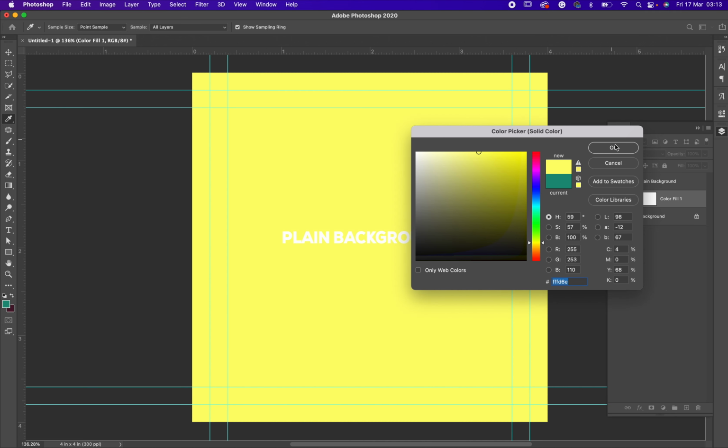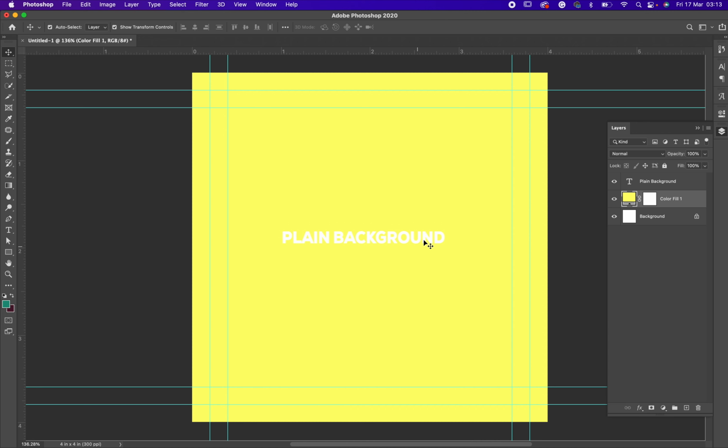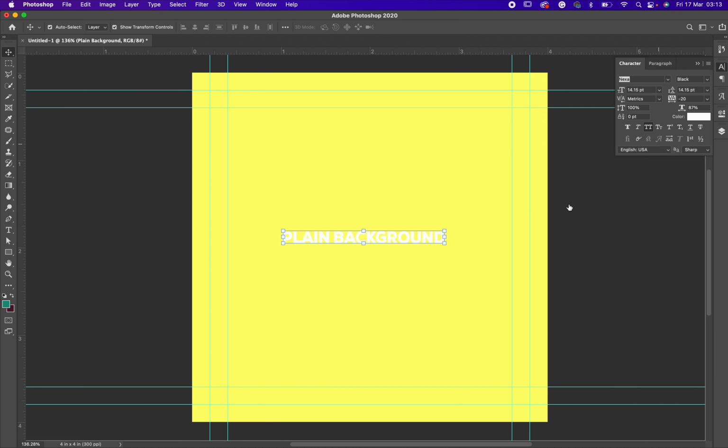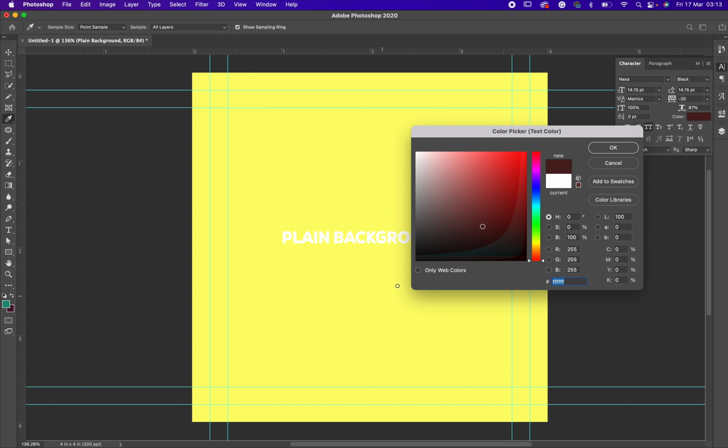If I have something like this on my design, my white color is lost in it. So most of the times on a light background like this, like as we have yellow like this, if you try black on it, it would come out well. It depends on the brand color and all of that. So it has to